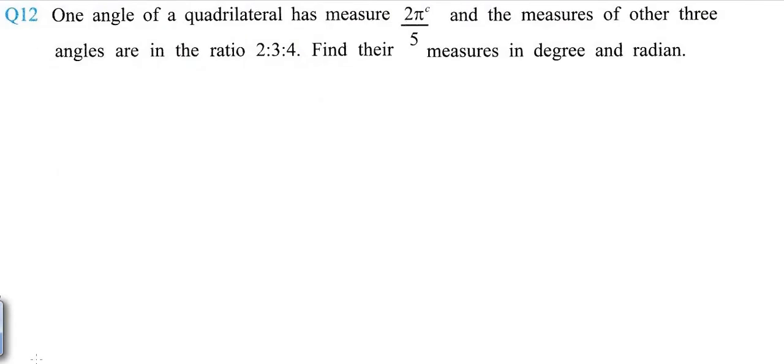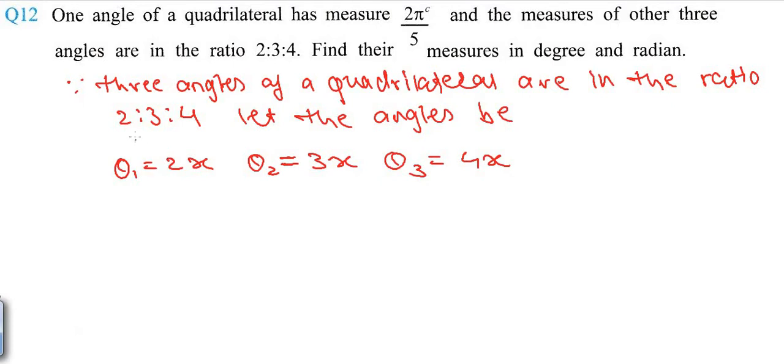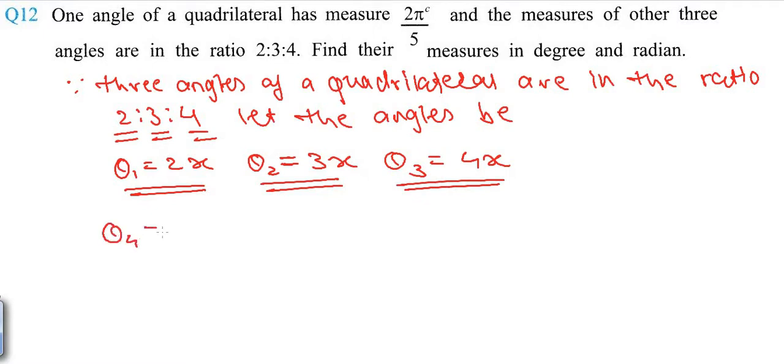Question number 12. One angle of a quadrilateral has measure 2 pi by 5 radian and the measure of the other three angles are in the ratio 2:3:4. Find their measures in degree and radian. Let us consider the angles of a quadrilateral to be 2x:3x:4x. Since the three angles are in the ratio 2:3:4, let us consider the three angles to be theta 1 equal to 2x, theta 2 equal to 3x and theta 3 equal to 4x, and the last fourth angle is given in radian measure as 2 pi by 5